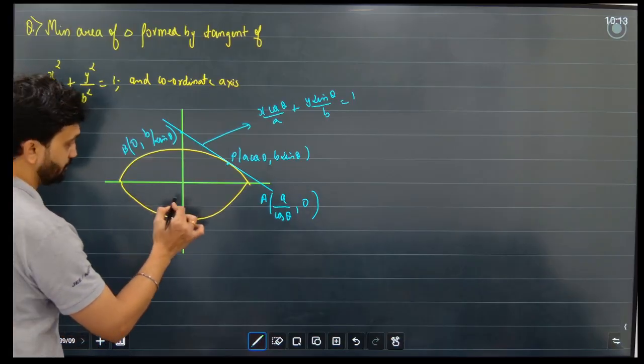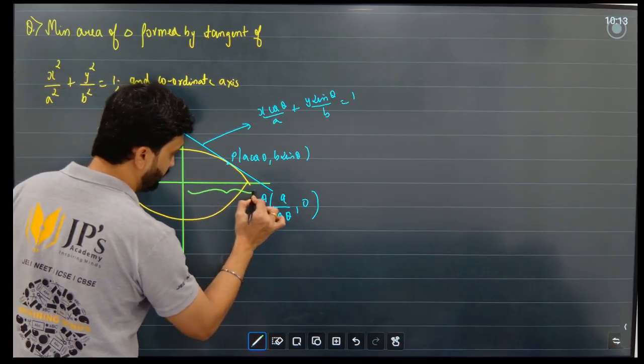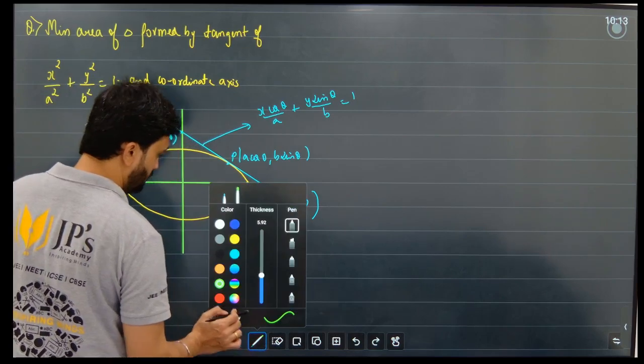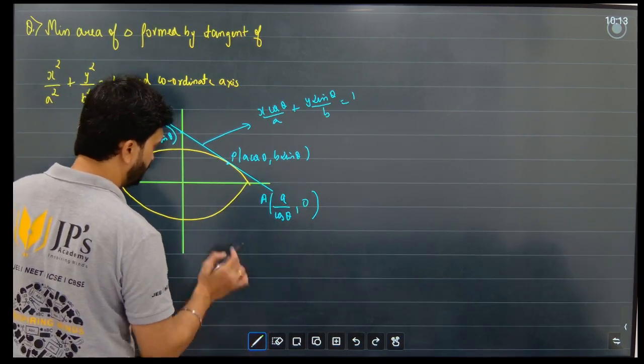And they are making a triangle. It's a right angle triangle. See this, it's a right angle triangle. So now, if they are forming a right angle triangle, I know that